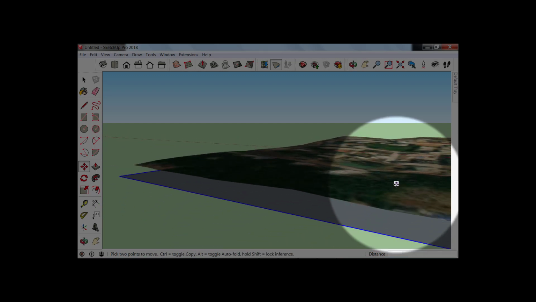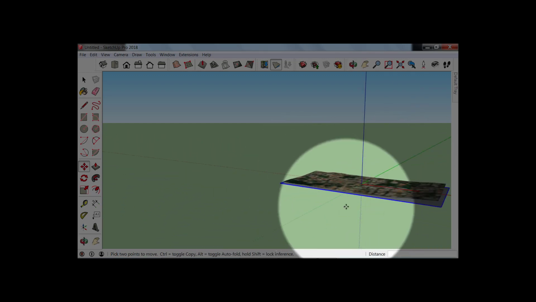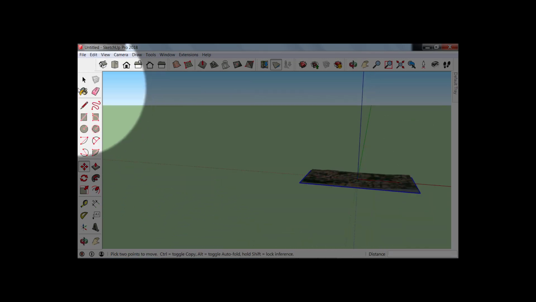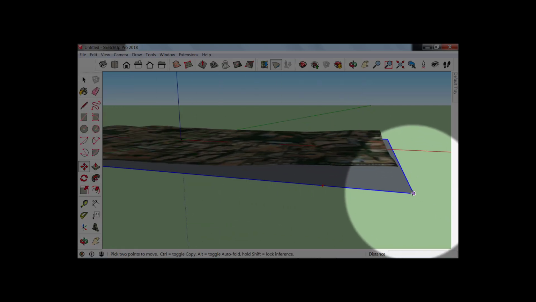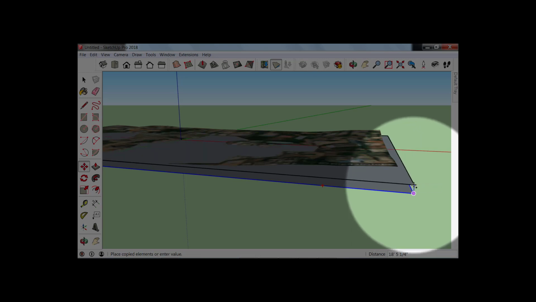Now once I've done this, I'm going to copy multiple layers of the same rectangle. So hold Control and in the blue axis, I'm going to give each one 2 feet.